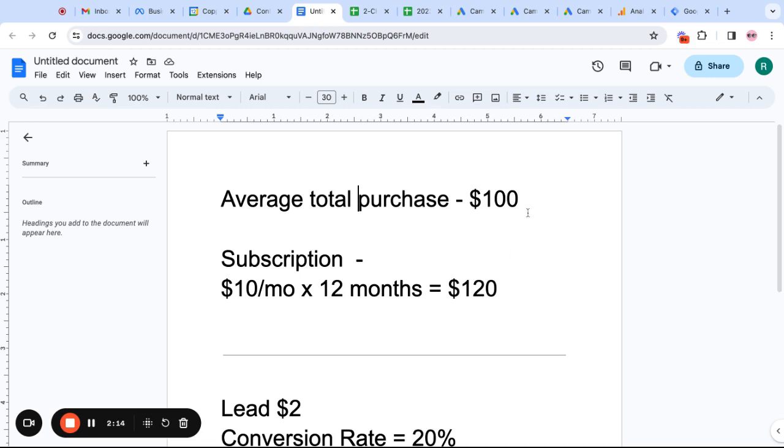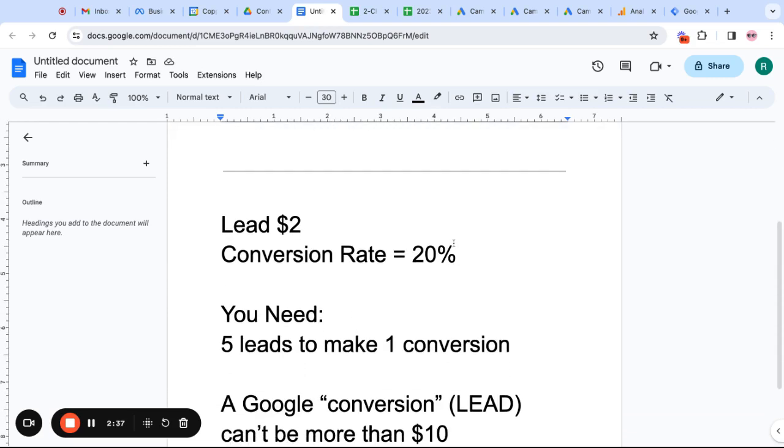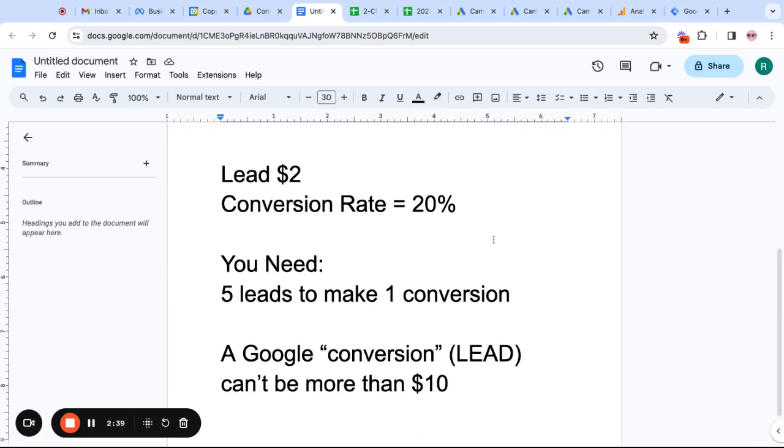But as an example, let's say the average customer value of this business is $100, and I have decided that 10% is the margin that I'm willing to spend on advertising to acquire a customer. 10% means that my cost per conversion is going to be $10. So then you have to move on to the next phase, which, and again, this is primarily for lead-based businesses. So if each lead, which is going to show up as a conversion in your Google Ads, if you have forms set to a conversion,